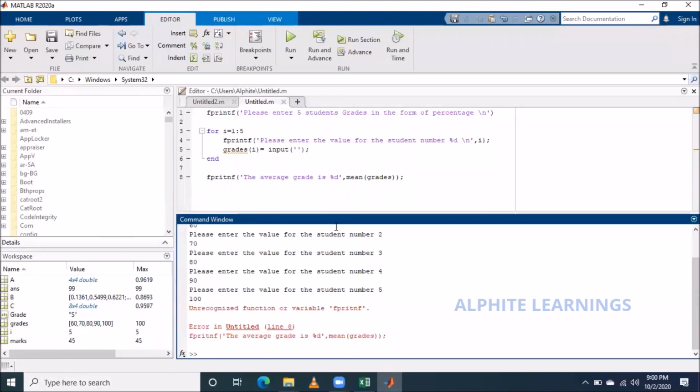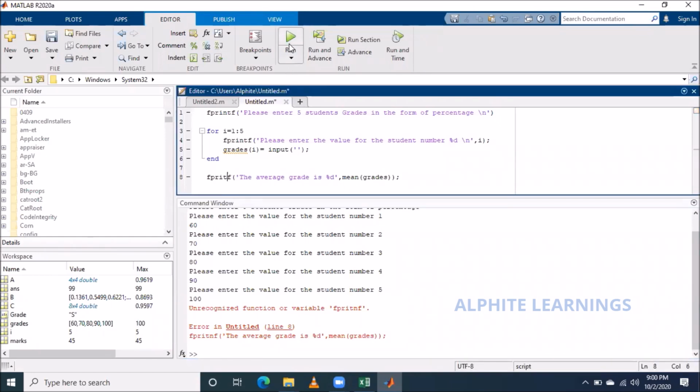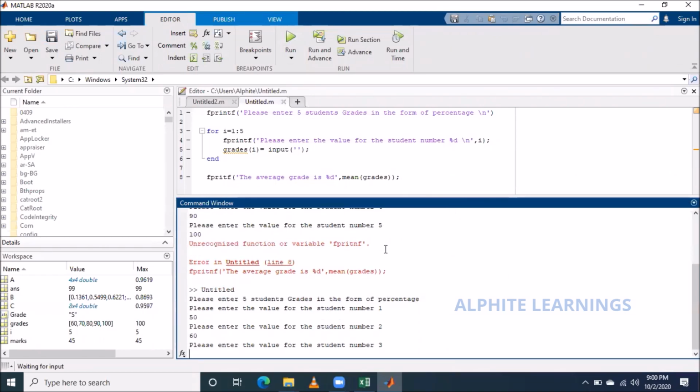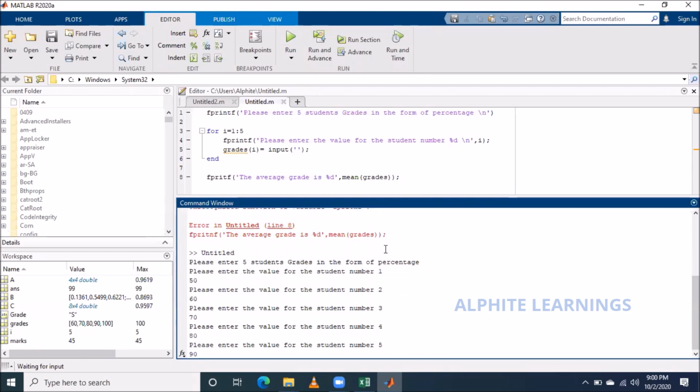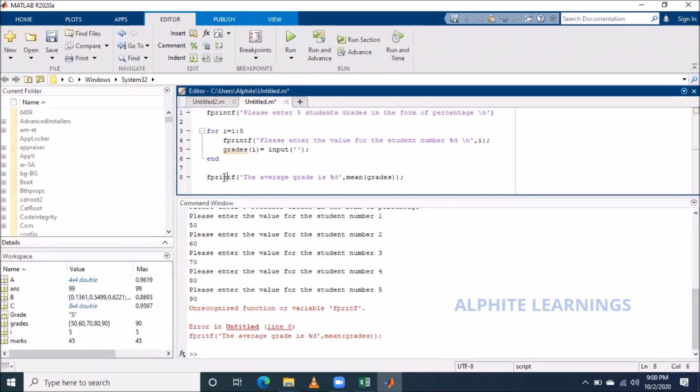So you see now. It's fprintf. I just make spelling mistakes.